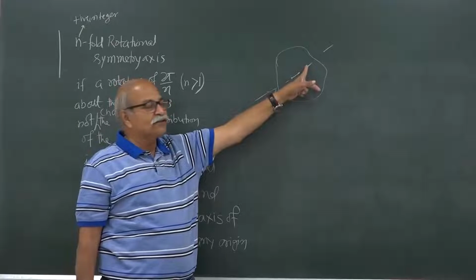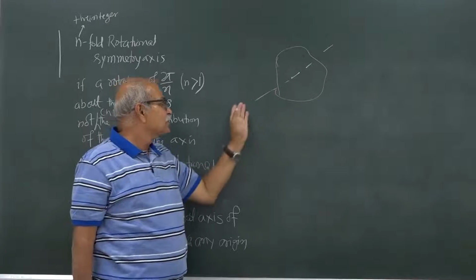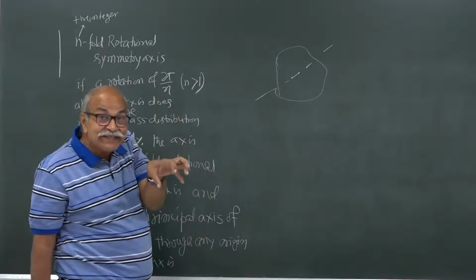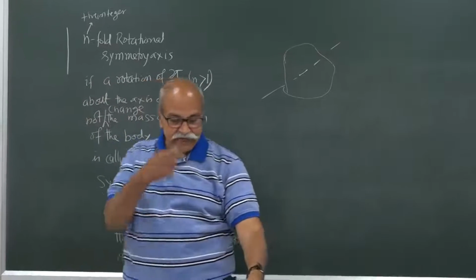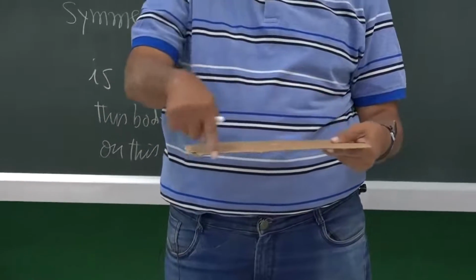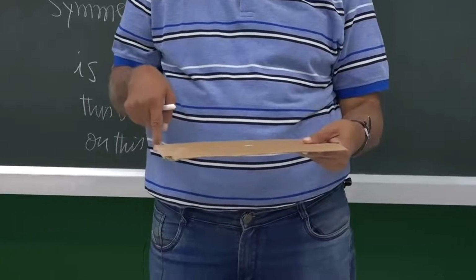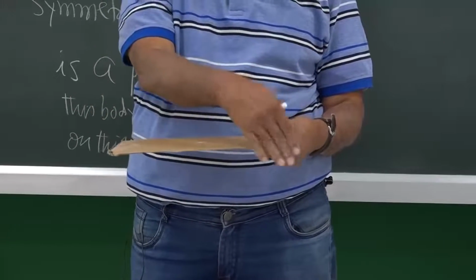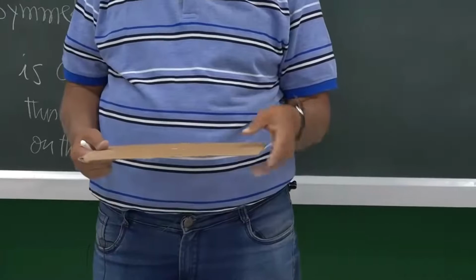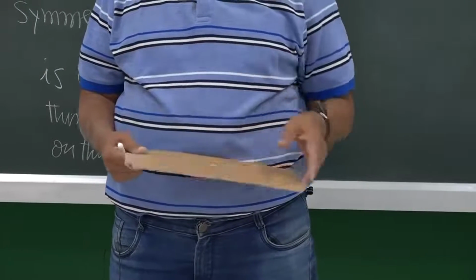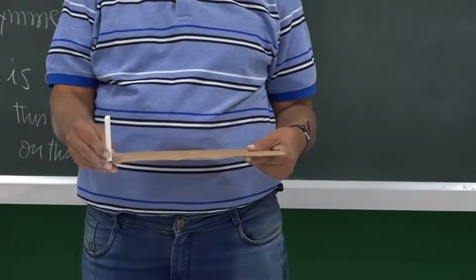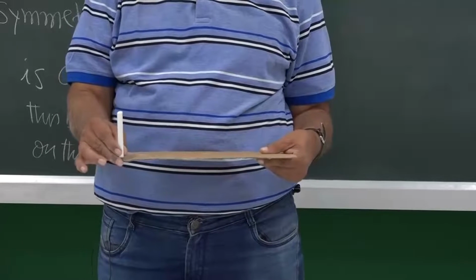And if I take my origin here, then also, if I take my origin here, then also. So, this line is a principal axis of this object. So, this is one way to guess the principal axis. If you recall our calculations, I said that this is not a principal axis, this is not a principal axis. If I am using this as x, this as y, then I rotate it about this line, my angular momentum is not parallel to the angular velocity, but if I rotate it about this vertical line, then it is, and I said that this is a principal axis.